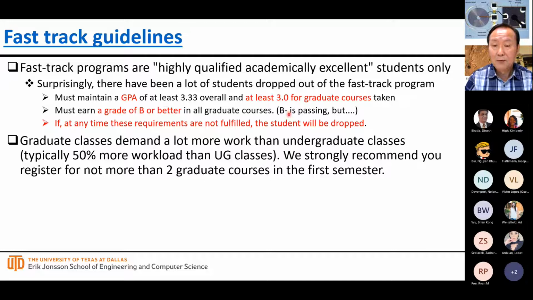So if you get a B minus or lower grade, then you cannot stay in the Fast Track program. So all those students who could not continue in the Fast Track program, it is basically because of one course where they got a C grade or one course where they got a B minus grade, and they dropped out of